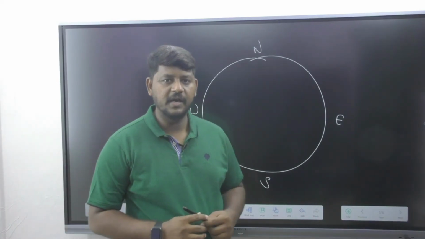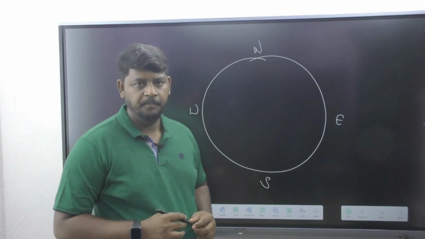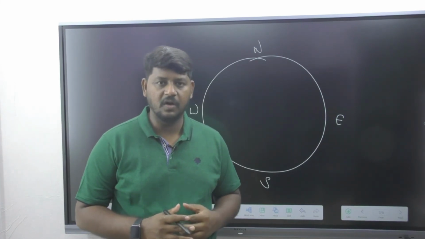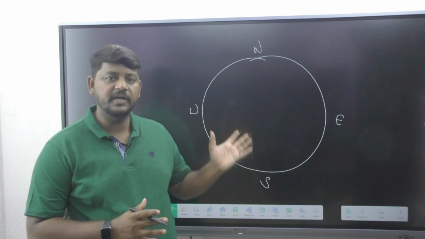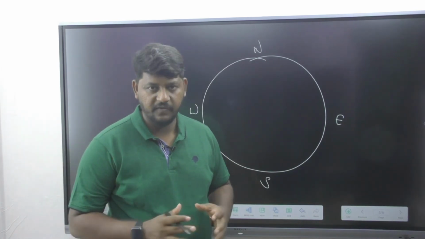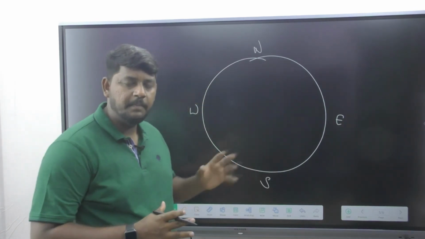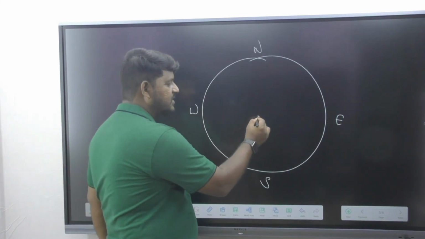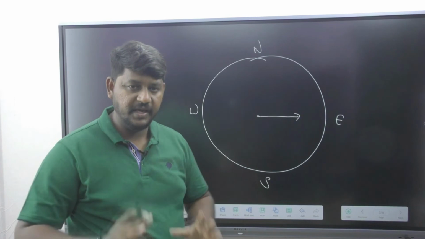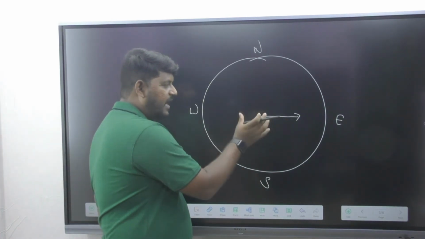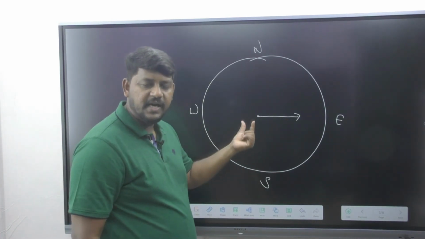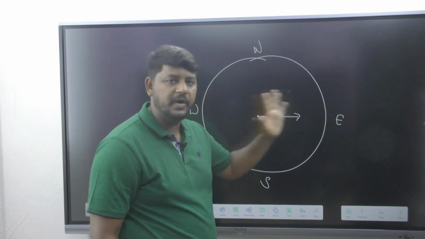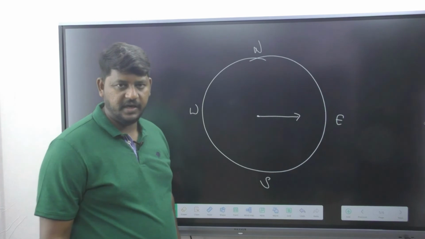Now let us learn a question based on the compass. Compass is completely different from the clock, because in the clock we moved the directions but not the hand of the clock. Whereas in the compass you need to understand very carefully. Your question starts in this way. The examiner is telling you that a compass has a needle, and that pointer is pointing towards what direction? East direction. Am I clear?